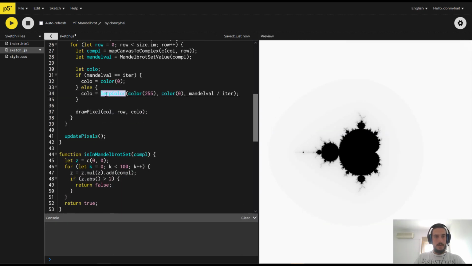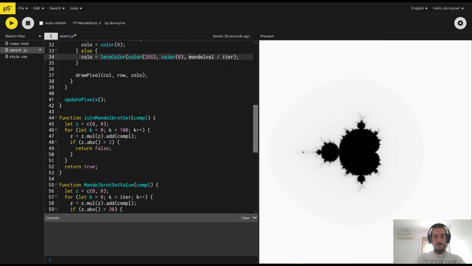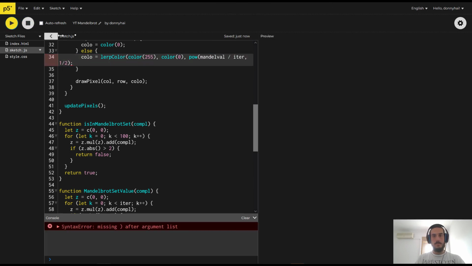I actually had a little mistake here. I just had lerp without the color, but I need to write the color as well, because we're lerping a color, not only number values. And when printing this, we can see these kinds of shades. I don't know if you can see that, but we have to make that more clear, and we can do that, for example, by making these values a bit smaller. So I will power that to